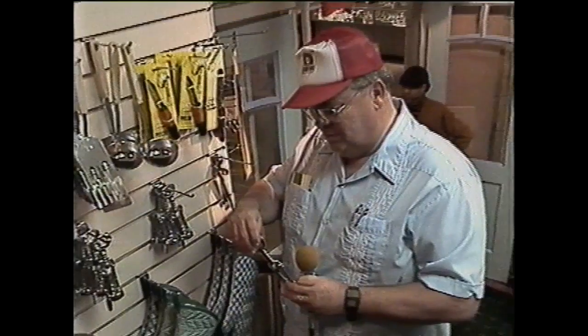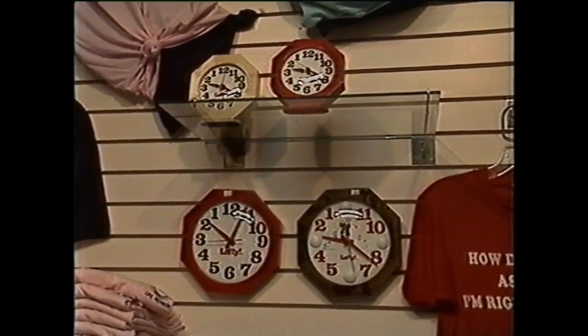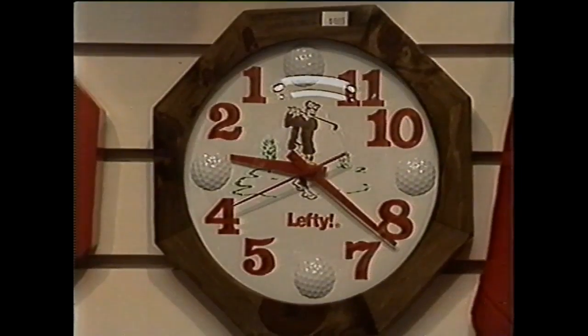This is a left-handed corkscrew. It works, I guess most corkscrews would work right to left. This one works left to right to get the cork out of the bottle. They also offer such things as left-handed clocks that run the other way, and even t-shirts to tell the world